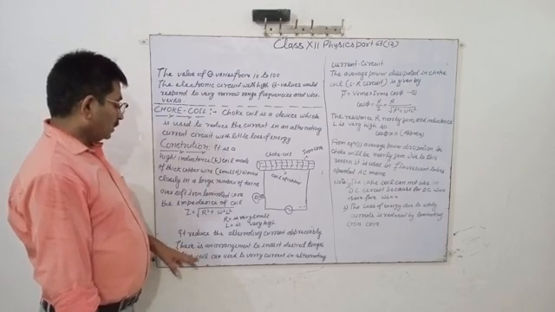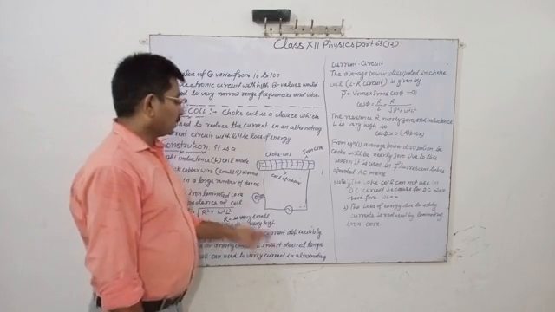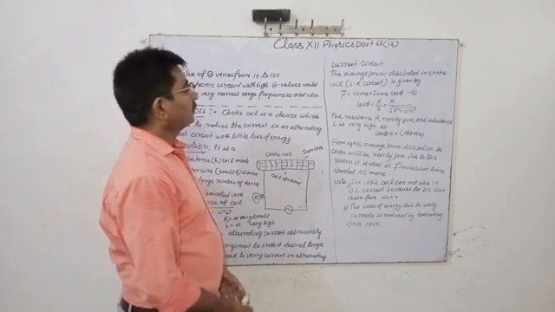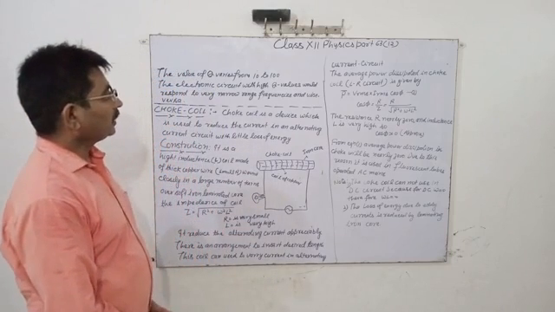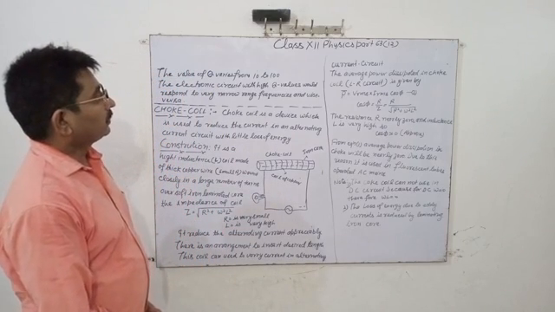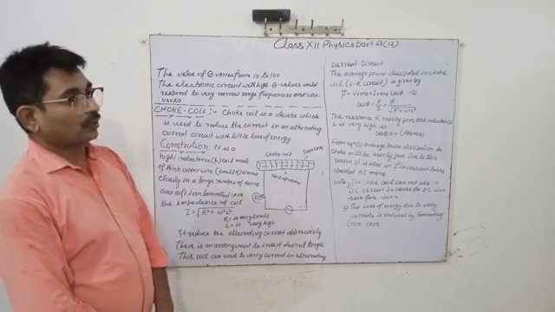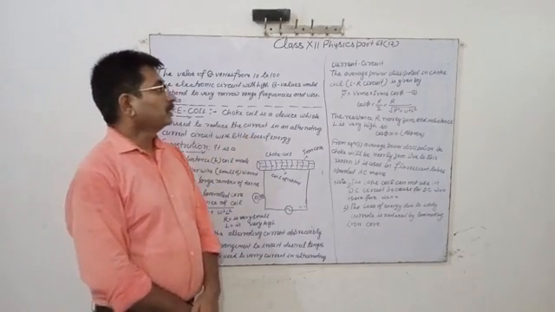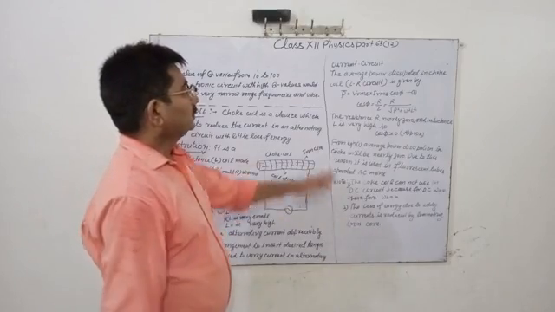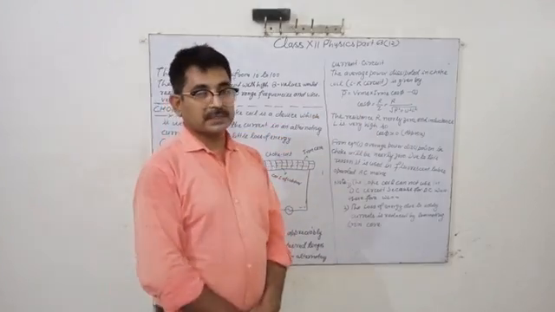This coil can be used to vary the current in the alternating current circuit. The average power dissipated in a choke coil, that is an LR circuit, is given by P bar equal to V RMS into I RMS into cos phi,